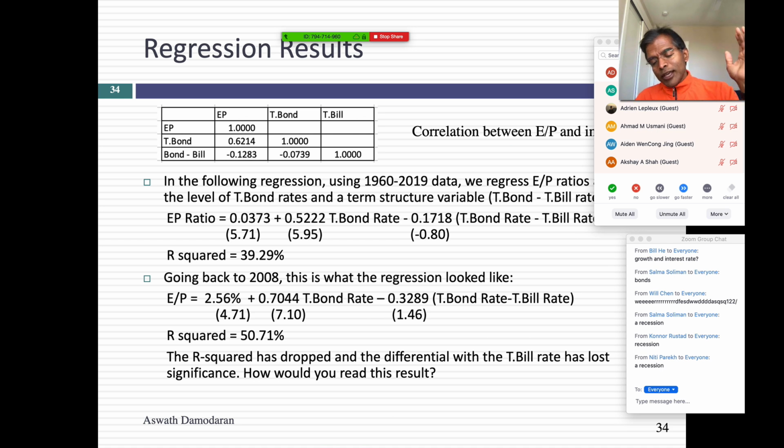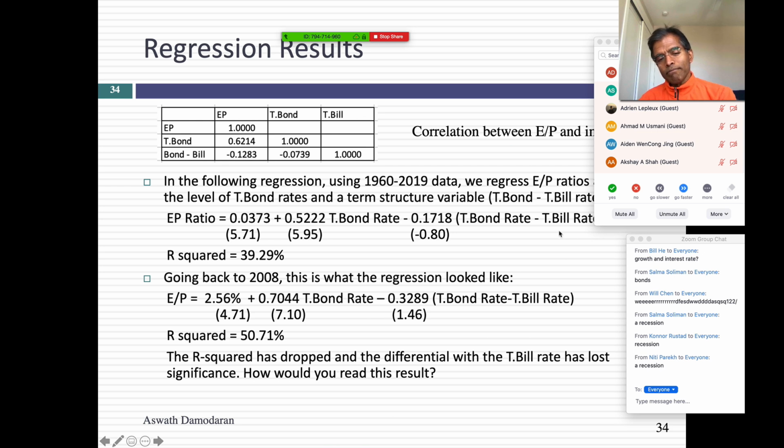As the yield curve gets flatter or downward sloping, earnings to price ratios will come down. So I decided to run a regression again. If I have the statistics book open, might as well try it out, right? So I ran a regression of earnings to price ratios, this is for the S&P 500 across time. This is called a time series regression against the T-bond rate each year and the difference between the T-bond rate